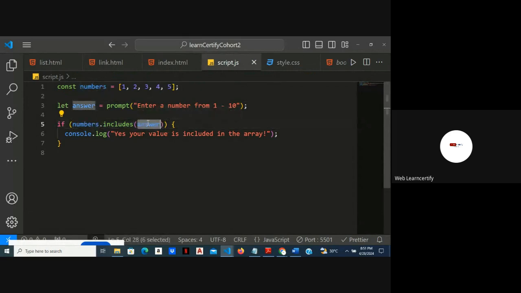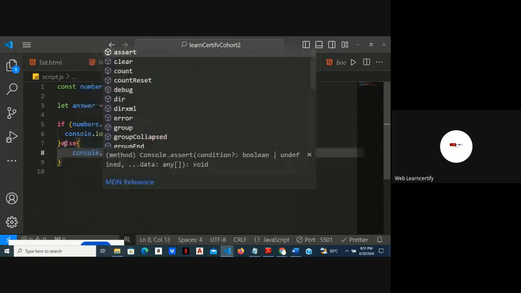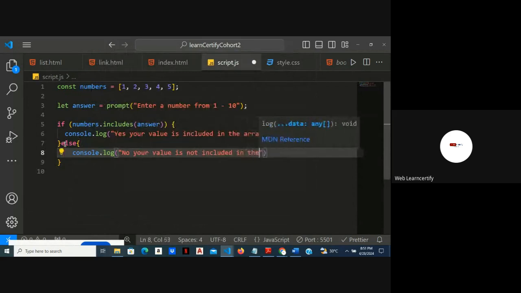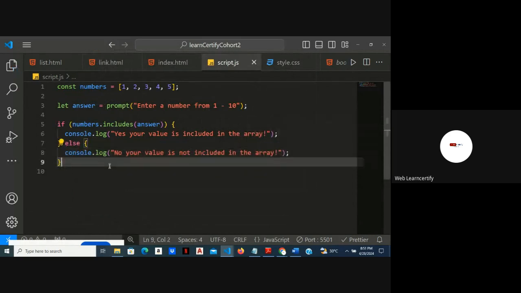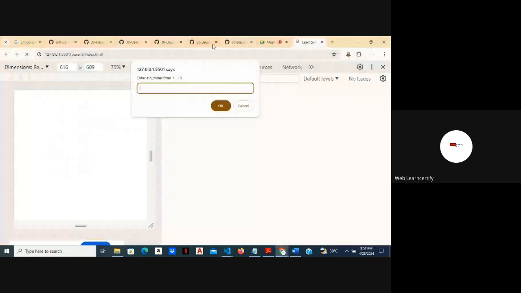The number we've given, is it included in this array? If yes, it should print out this. If no, which is else, then I want to console.log, no, your value is not included in the array. And I save this. So going back to our code, once this refreshes, now it says enter a number from 1 to 10. So if I put in 4 and I say okay,